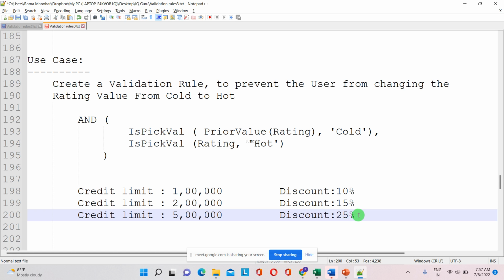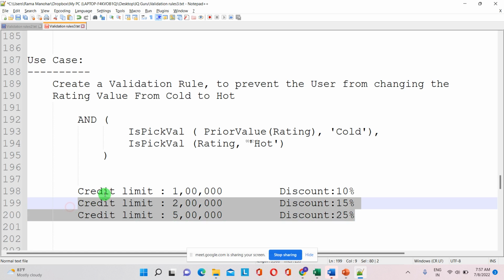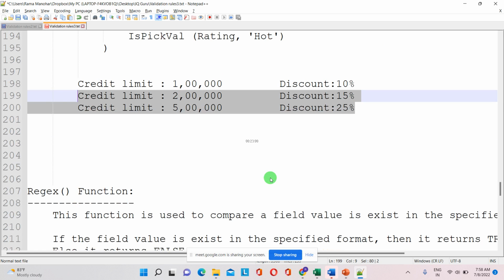So that time, people will be having a few limitations from their organization side, right? So it will throw an error, because I'll be getting the discount based on transactions only, not because of customer request. I'm just giving one scenario. So coming to the use case here,